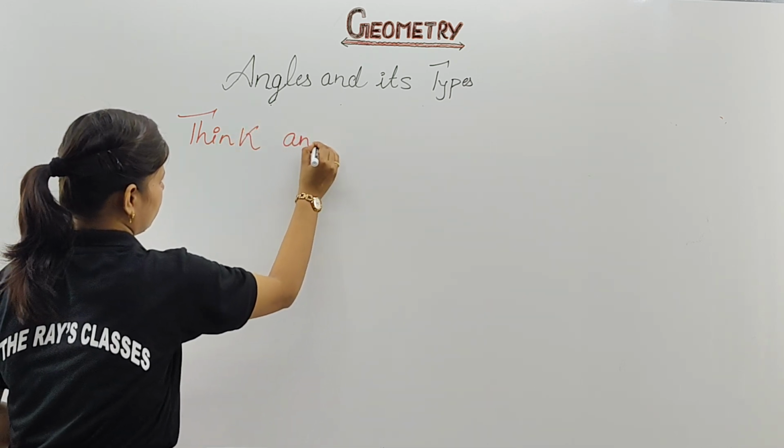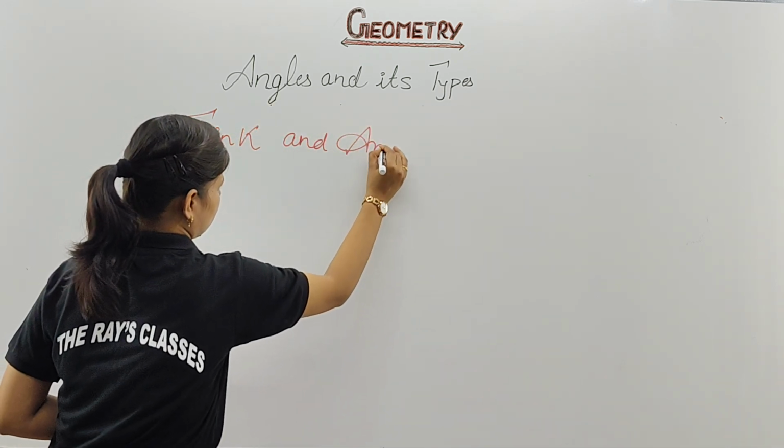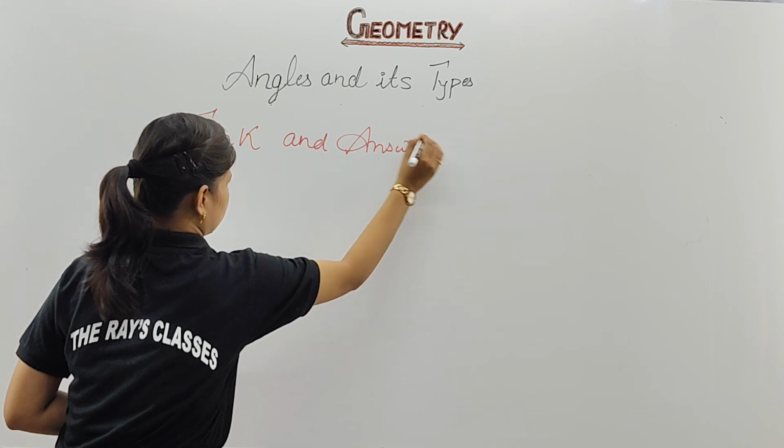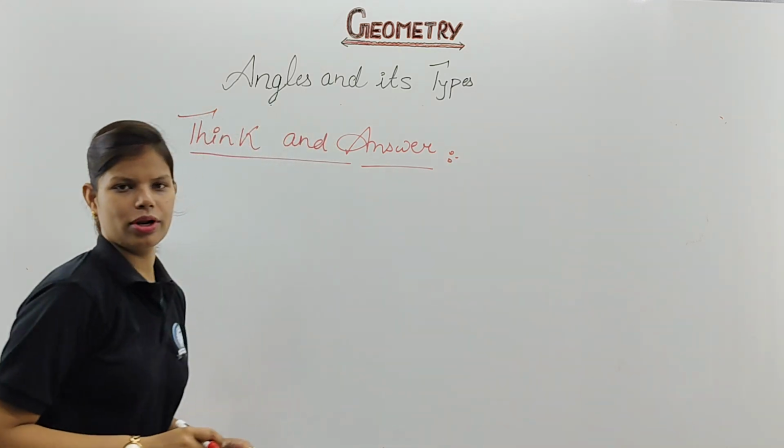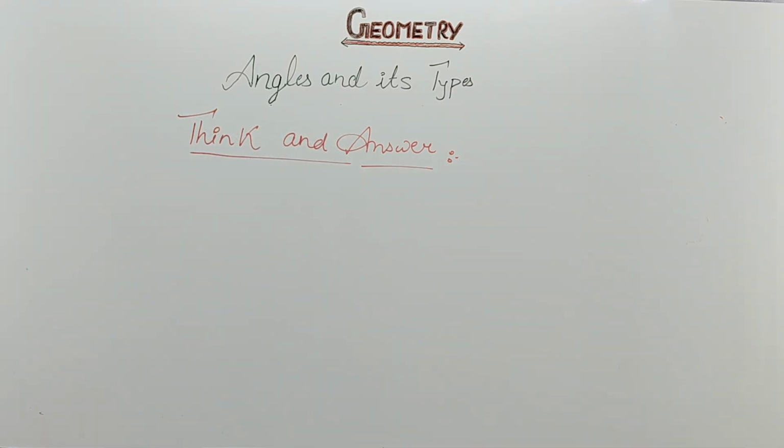Think and answer. Clear? Quite interesting, I hope so. I have drawn 9 points. Please note down what type of questions I am going to give. Join the 3 dots to draw one. The question is,